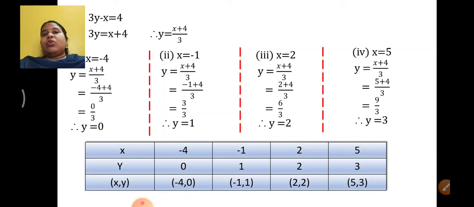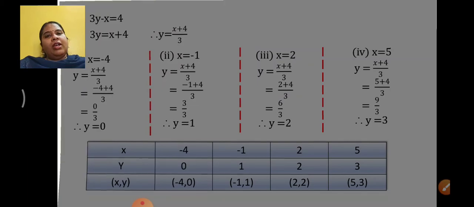I hope you have understood how to work out when we have such equations for graphical method. Think about the values, try to eliminate decimals as much as possible and try to get round figures as your answer for the value of y. Okay, I'm not saying that with decimals it is wrong. Again, I'm repeating this. If you are doing it correctly and you are able to get the correct point of intersection, well and good. I will suggest you not to take decimal points while plotting. 1.5, 1.4 is okay. 1.333, where will you plot it on the graph? So think about such values where decimal points can be eliminated.